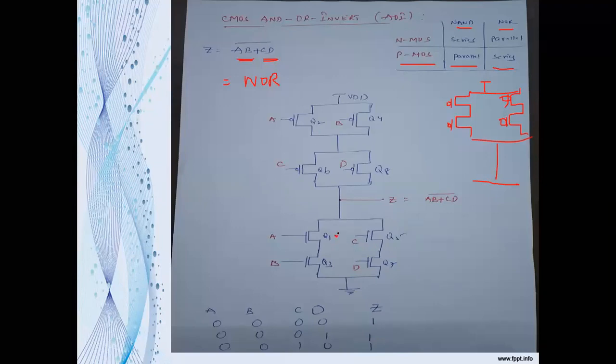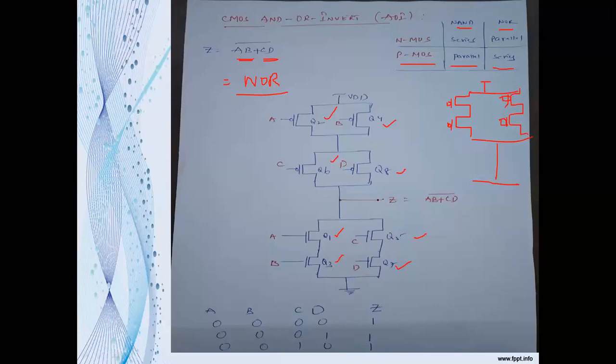Now from this circuit, if you see, the pair of transistors Q1 and Q2 are a pair, and Q3 and Q4 are a pair. That's why here the PMOSs are in parallel to VDD, and they are in series to the ground. Similarly, the transistors Q5 and Q6 are a pair, and Q7 and Q8 are a pair, and again it is also an AND function, but overall they are arranged in the NOR operation functionality. So you can understand the advantage without using additional transistors in a